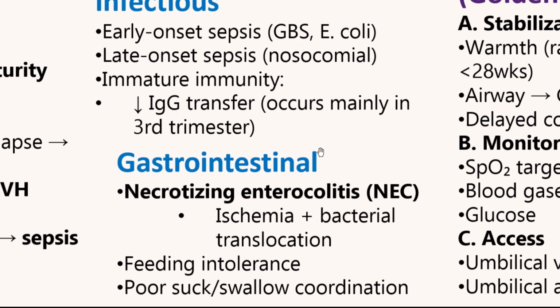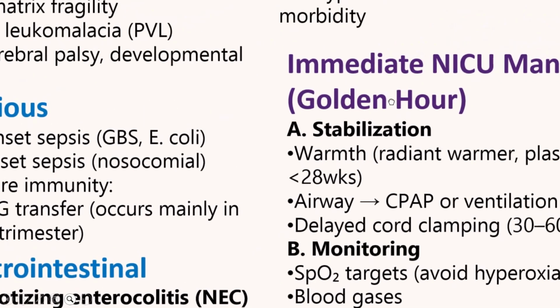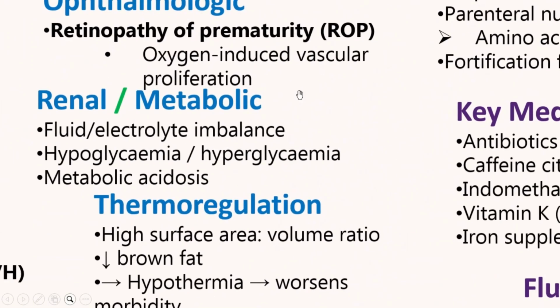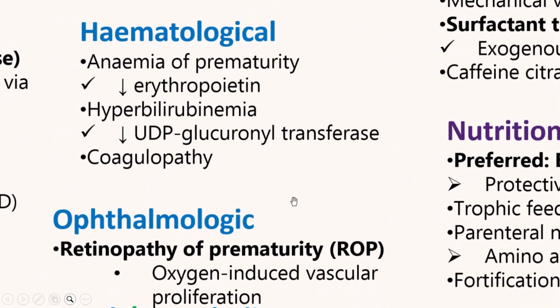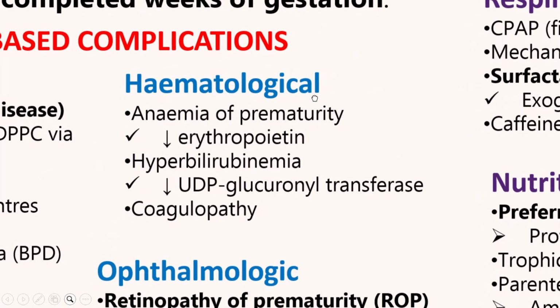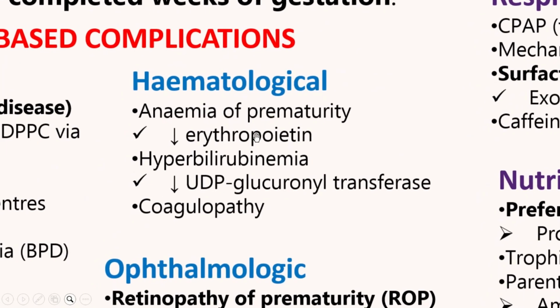It's a neonate, a baby less than 1 kilogram. This is less than 1,000 grams. This baby cannot have the food in the mouth and then go ahead and swallow. So they have a poor swallow and suck. And this is going to be one of the reasons why they're going to stay in the NICU for a long time, because before this baby can have a coordinated suck and swallow, you don't want to really let them go back home. How will they feed?